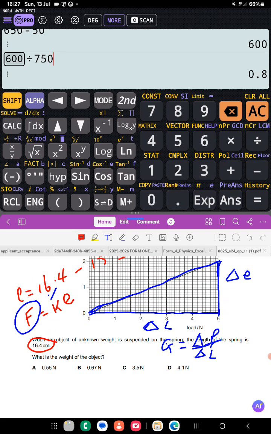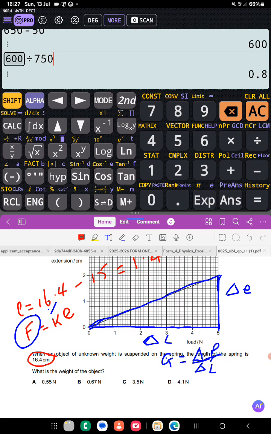For which extension, the change in extension is going to be 2 minus 0 divided by 5 minus 0, which is 0.4. That's 2 over 5, that's 0.4. Okay, so from this,